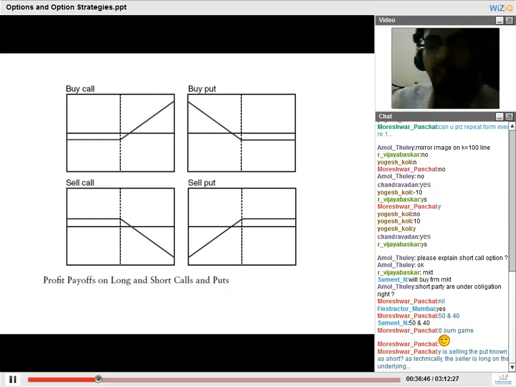When will he exercise that right? When the actual price is lower, he will sell it to me at a pre-decided price. If the actual price is higher, he will go and sell it in the market. Why will he come to me? So let's look at the fourth chart in front of us. The strike price is 100. If the spot price goes up to 150, will the buyer or the holder of the option sell the asset to me at 100, or will he sell in the market for 150?